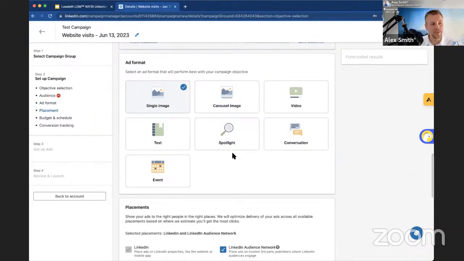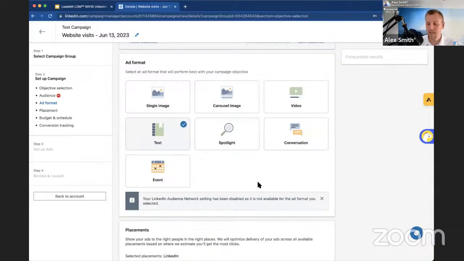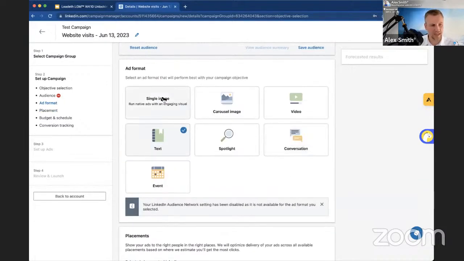The next thing you need to specify is your ad format. Again, trying a couple of different formats will really help you out. If you're just kicking off, maybe just go for a basic text ad. Text ad is the simplest thing. It doesn't require you to think too much about the visual, and in terms of the cost for getting a click on the ad, the text ad is going to be the cheapest. You're going to get more impressions on a text ad than anything else. I think it's all to do with real estate, because obviously the images and videos just take up more space on the LinkedIn platform.